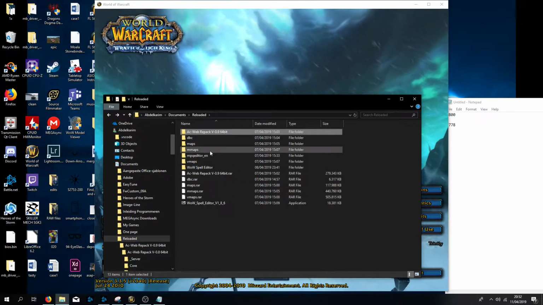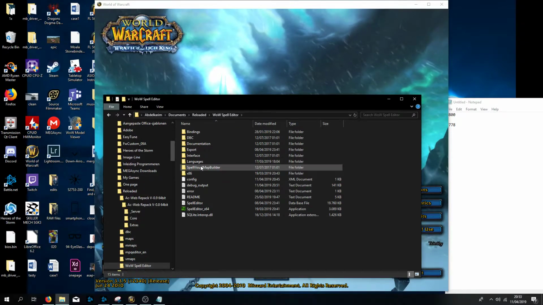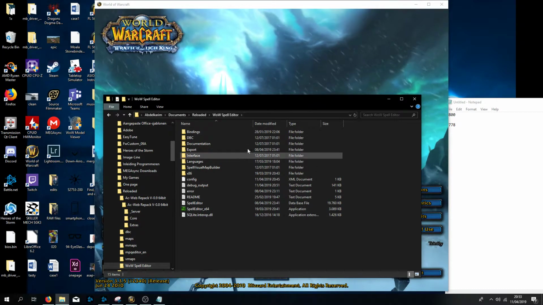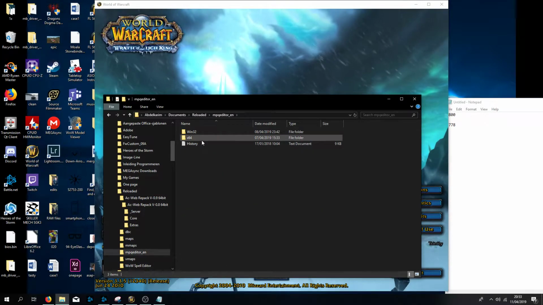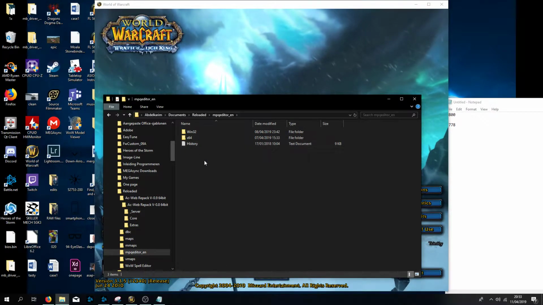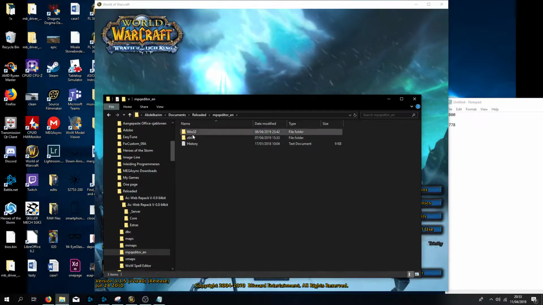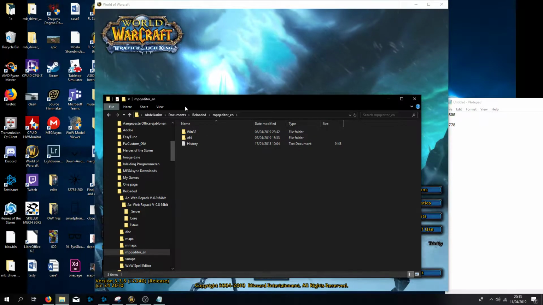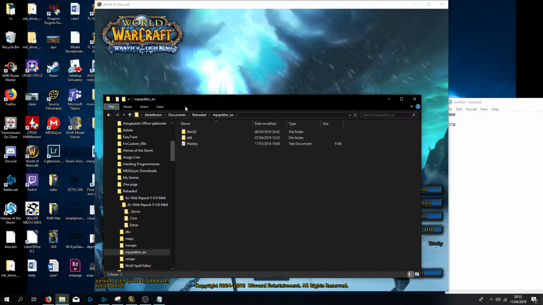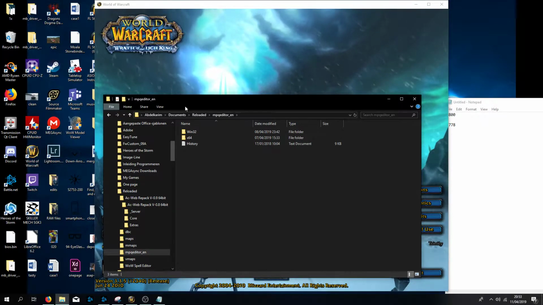What else you will need is a copy of the World of Warcraft spell editor by Stoneherry, the latest version. And you will need an MPQ editor so we can make client-side patches. The reason we need to make client-side patches is any visual change that we make, like spell name and icon and description, needs to be patched because that's handled client